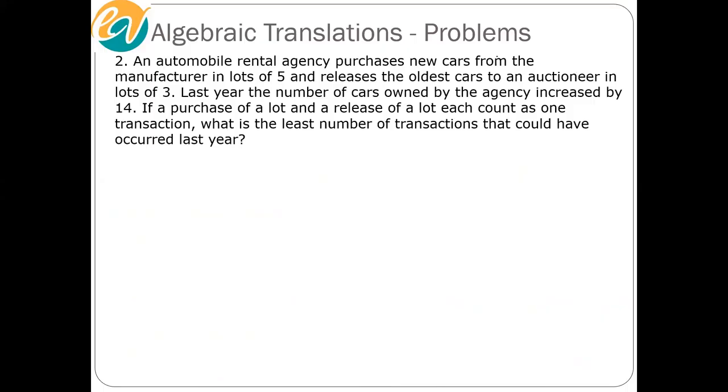Not an easy one. I'll give you guys 5 minutes for this. Think about it. As I said, all these are official questions. An automobile rental agency